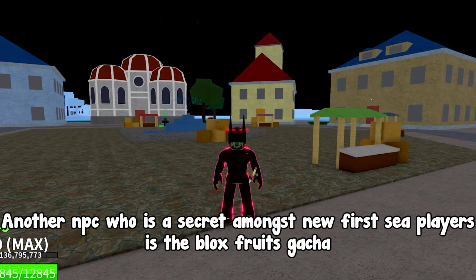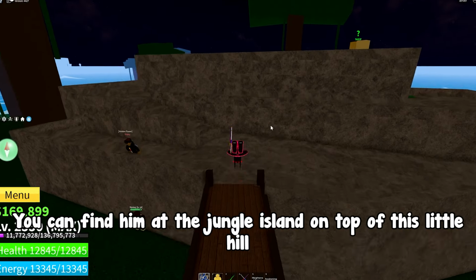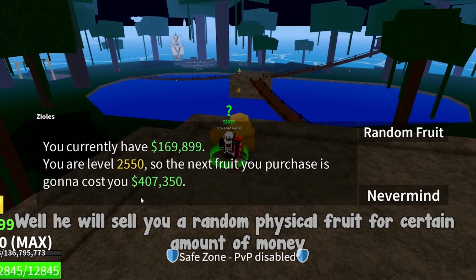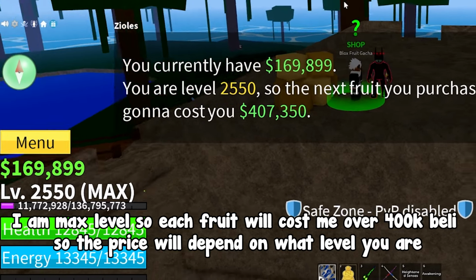Another NPC who is a secret amongst new First Sea players is the Blox Fruits Gacha. You can find him at the Jungle Island on top of this little hill. How does he work? Well, he will sell you a random physical fruit for a certain amount of money. I am max level, so each fruit will cost me over 400k pelly, so the price will depend on what